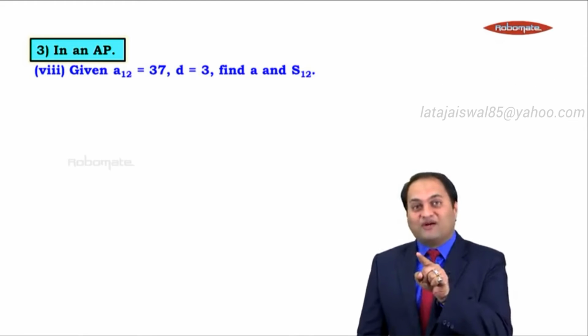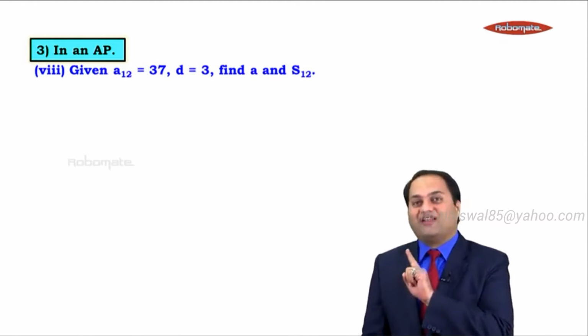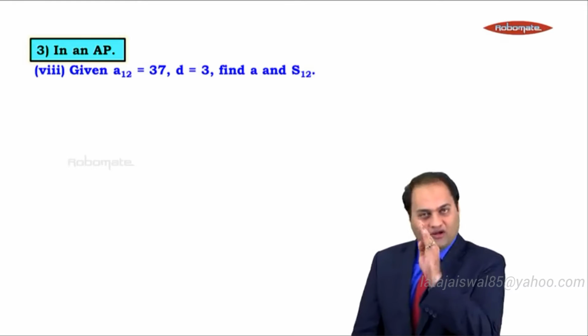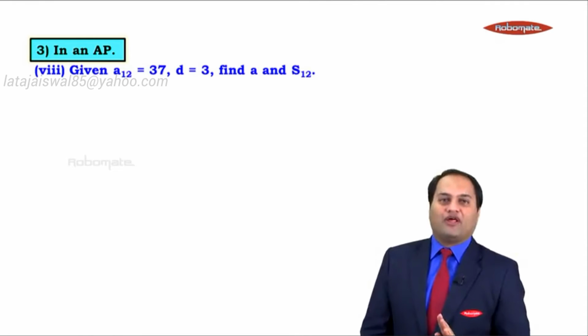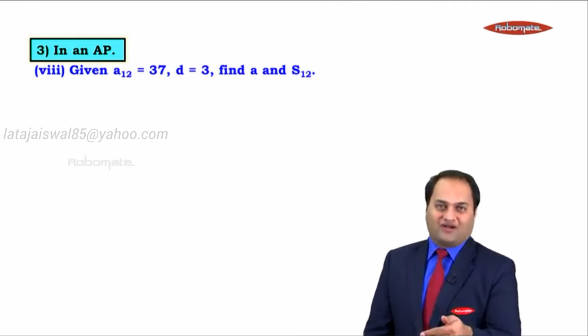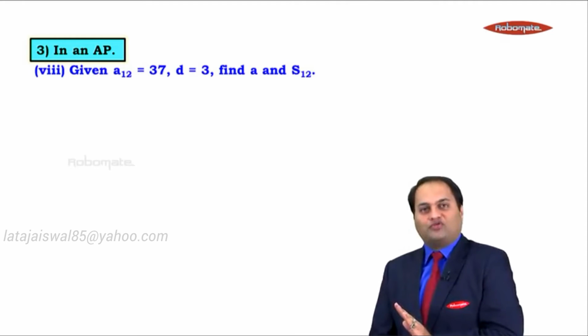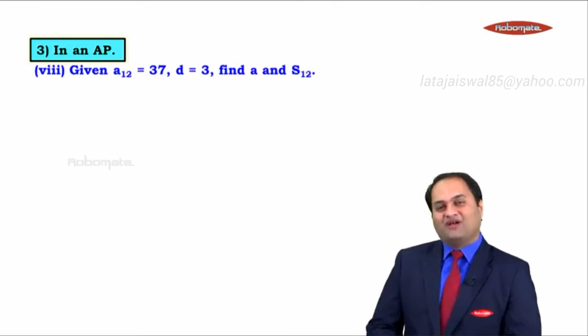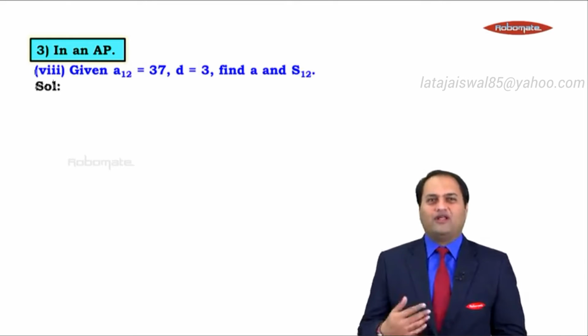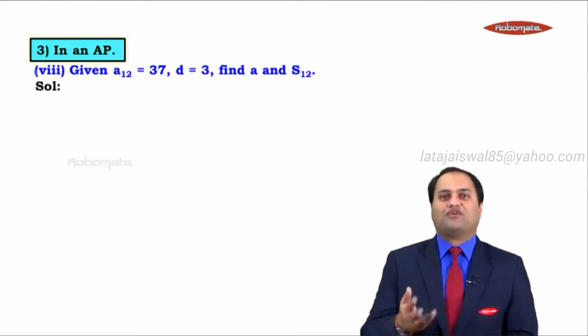Now this is a concept of AN, something which we have already done. So use the AN formula, you get the value of A. Once that is done, then we can easily find out S12. That's the second part. So we need to use the AN formula to find A and then the SN formula to find S12. Simple. Let's do it quickly. Something which we already know. Now these are all sums like revisions for you all, right?